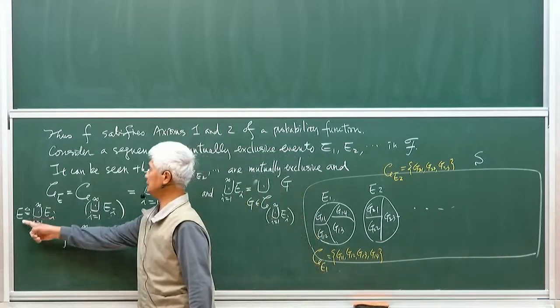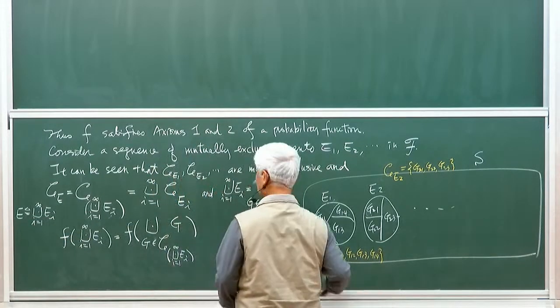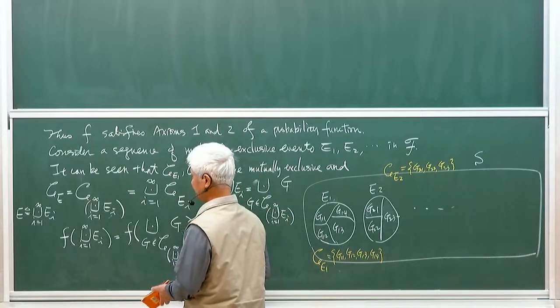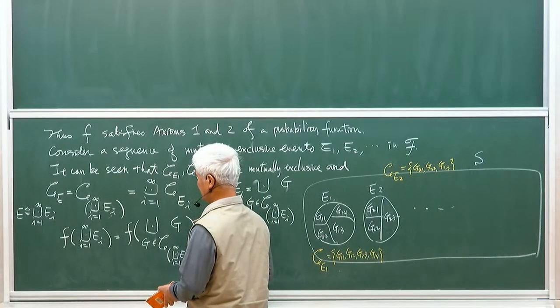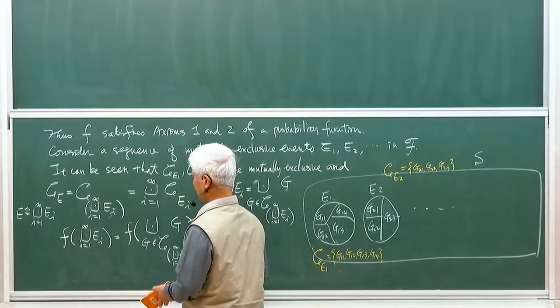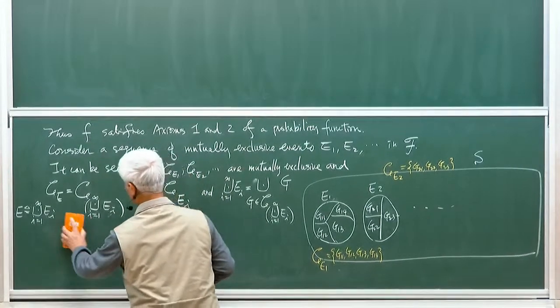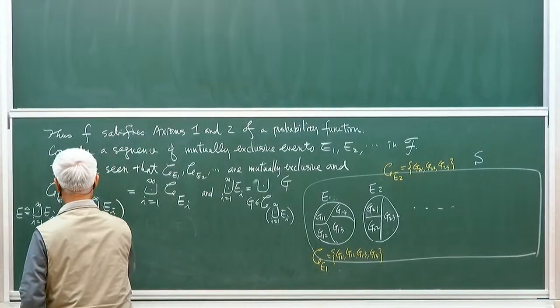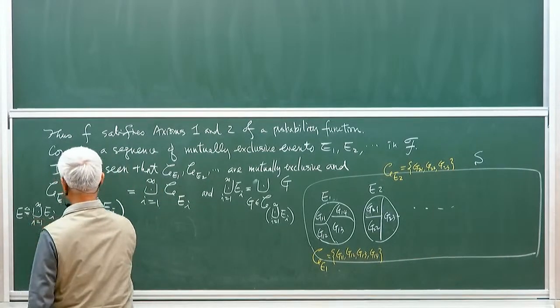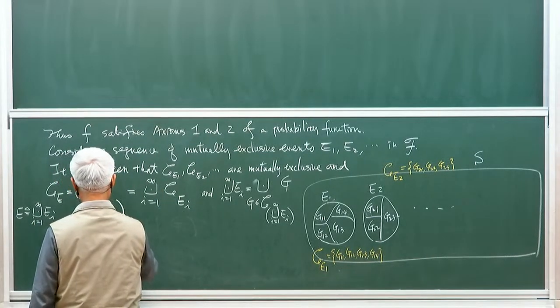If you use C sub E, it's a more direct way, but if not, you can say, all right, f of E. So we define this one, right? F of E is equal to